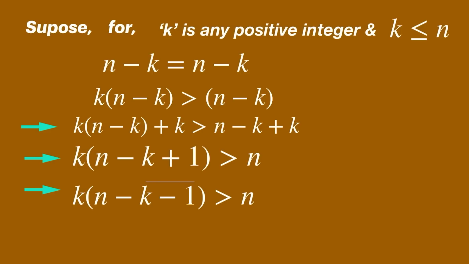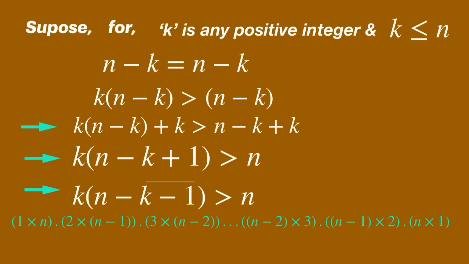So if we take k and 1 as one set, then it would be k minus 1. So look at this couple, k into n minus k minus 1. It is a very important couple: k into n minus k minus 1 is greater than n,